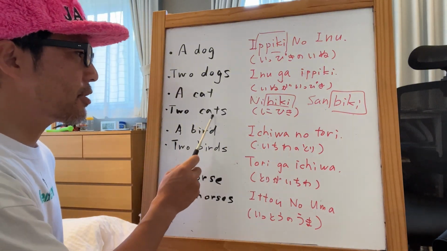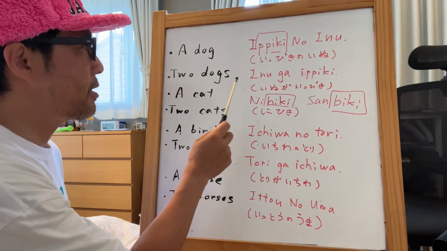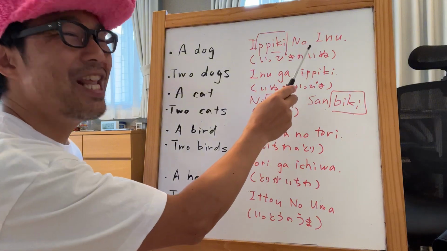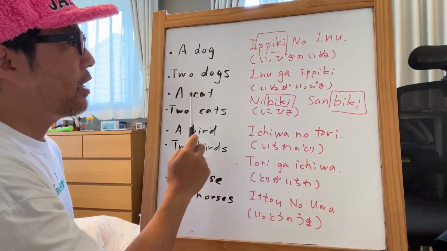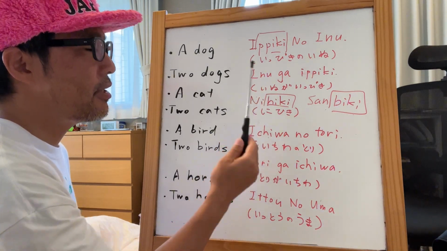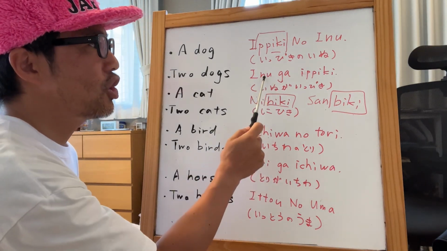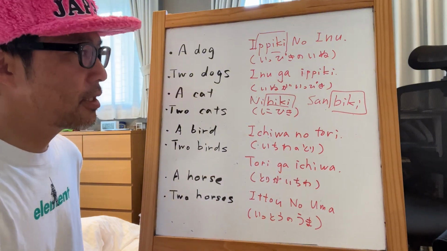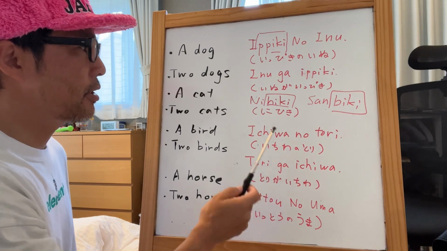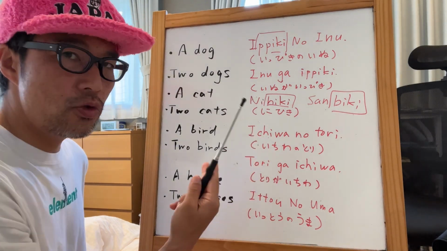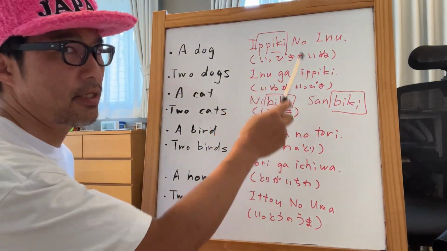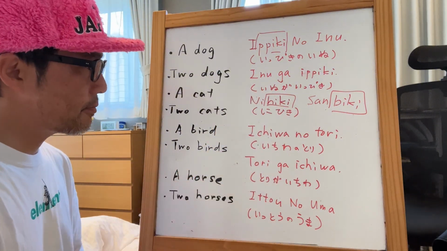So actually the cat, neko, is the same as the dog. A cat, ippiki no neko. There's a cat. Neko ga ippiki imasu. That's exactly the same as dog. So dog and cat are the same. 2匹の猫。two cats. 3匹の猫。So exactly the same between dog and cat. However,